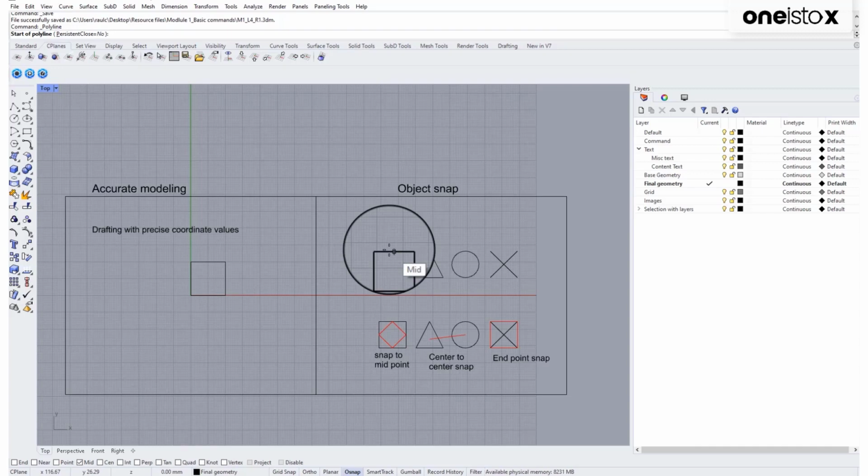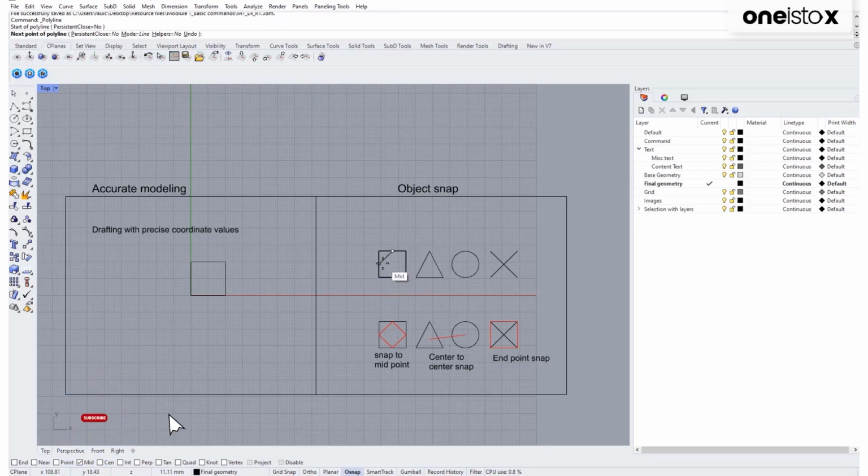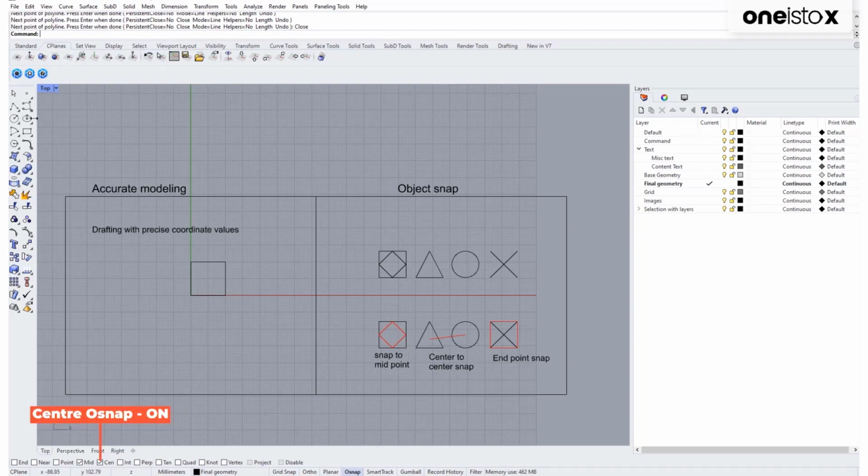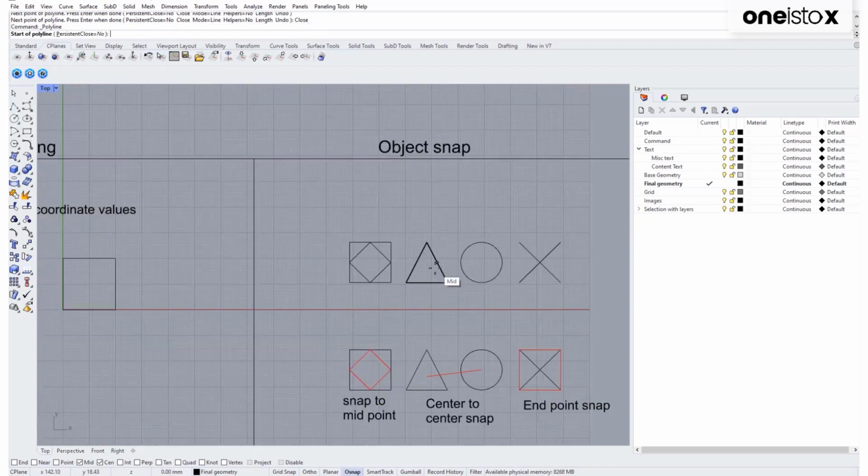When we hover over somewhere close to the midpoint of one edge of the square, it gets highlighted and a text stating mid appears. So we give the start point of our polyline as a mid on one of the edges of our square. Following the same steps, I'll complete the whole geometry and close it by pressing close on our command line. Similarly, if we switch on the center Object Snap and create a polyline, once we hover over our geometry at the edge other than mid, the center gets highlighted.